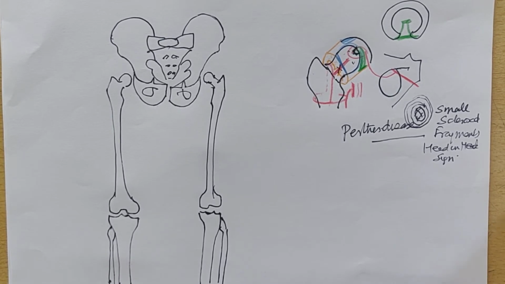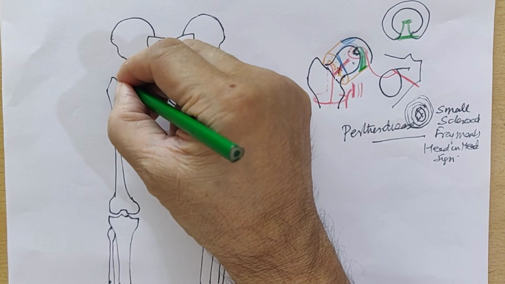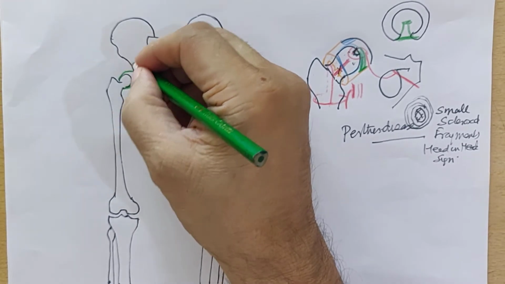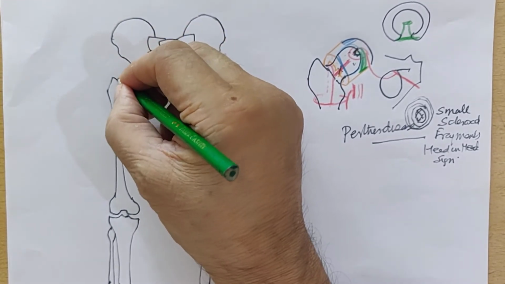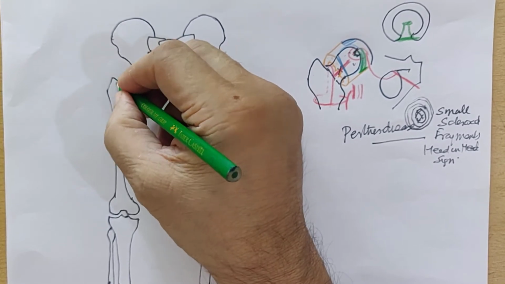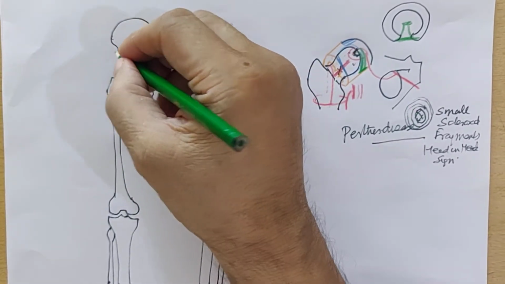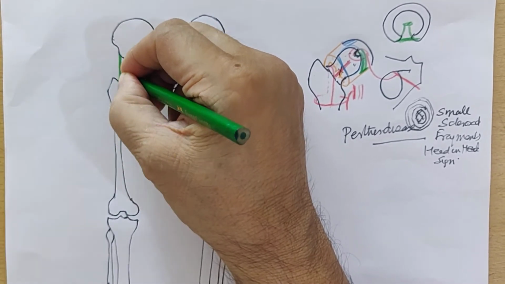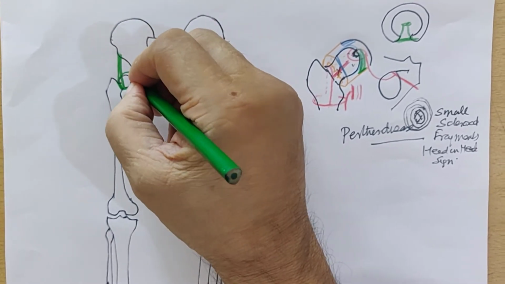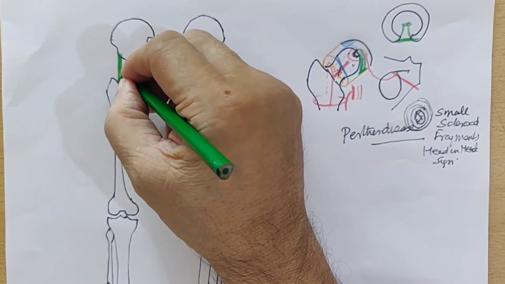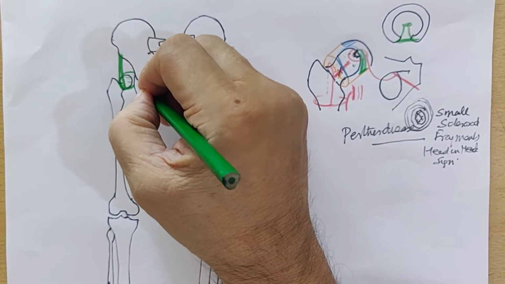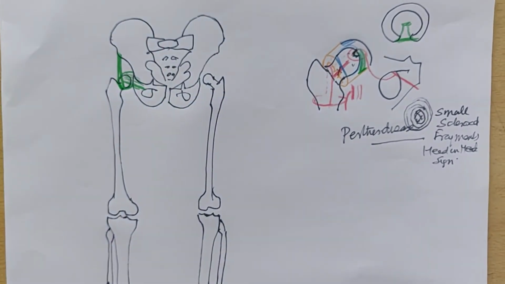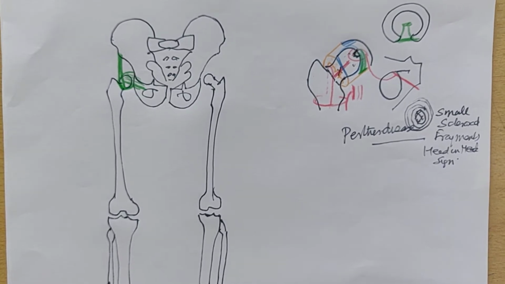Now we draw the capsule here connecting the acetabulum and strengthen it by a ligament. So the capsule is attached to the intertrochanteric line on the femur, and a Y-shaped ligament of Bigelow comes from the anterior inferior iliac spine, strengthening the capsule anteriorly. Then there is the ischiofemoral ligament which strengthens the capsule from behind, and a pubofemoral ligament that strengthens the capsule from in front. So all the three bones contribute to strengthening of the capsule.